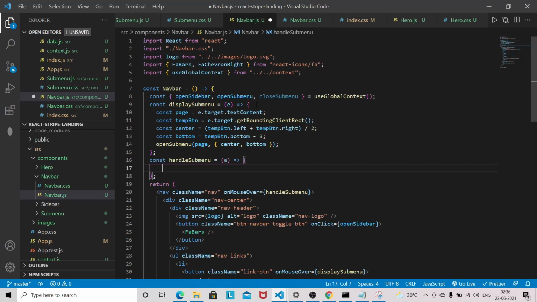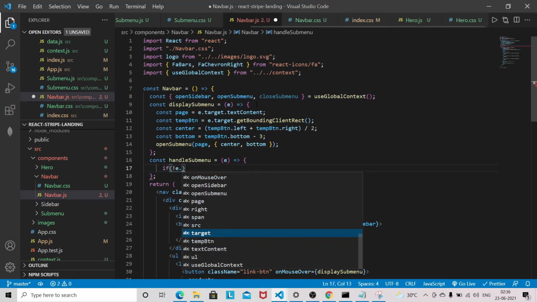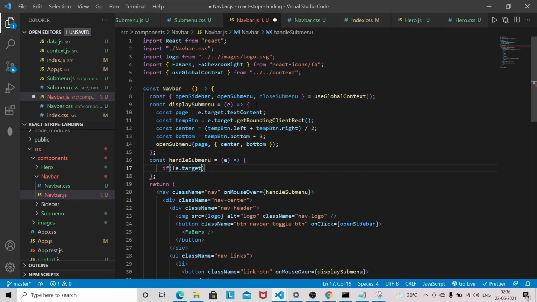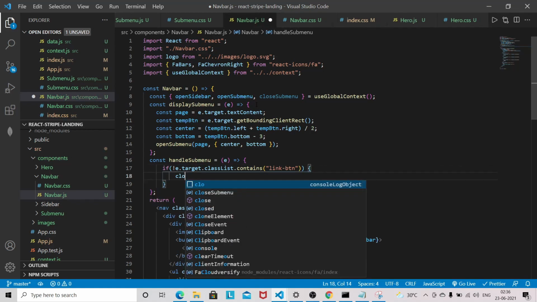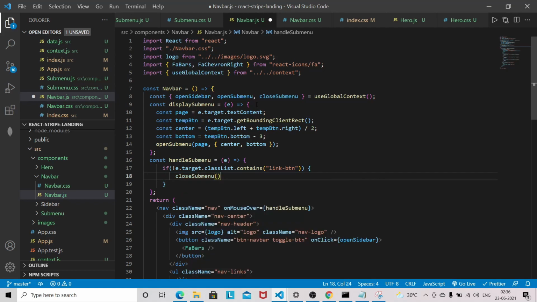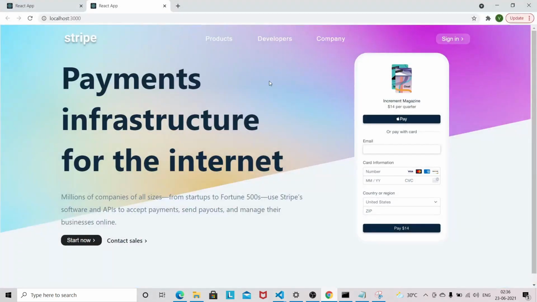So handleSubmenu, like if e dot target dot classList dot contains link-btn, closeSubmenu. So we are done with this method, and let's go into the browser and check out whether it's working or not.